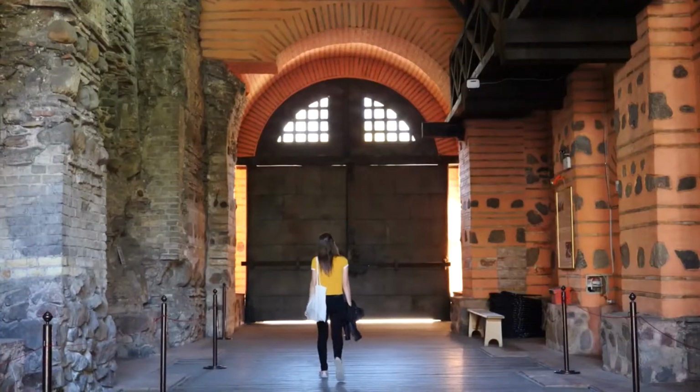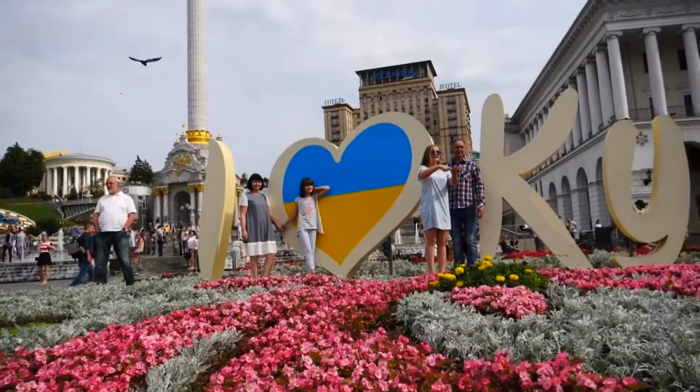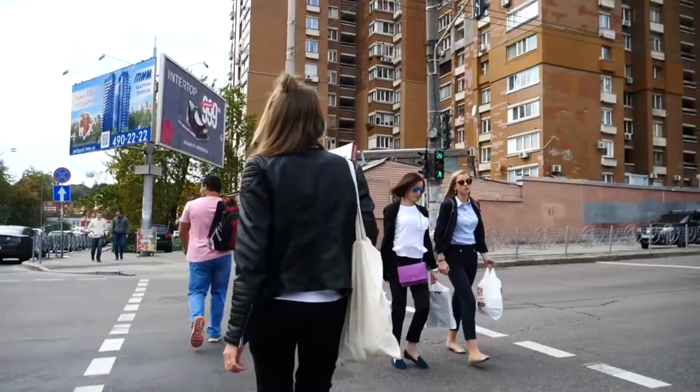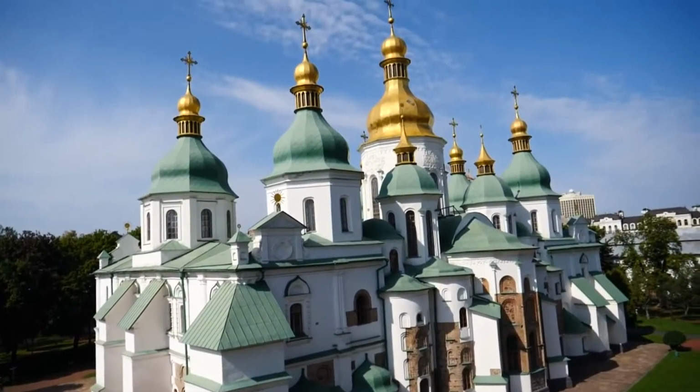This week we're showing you around Kiev, Ukraine. This was our first time traveling to the country, so we hardly knew what to expect. Though we did have an inkling we'd find churches with onion domes, borscht on every menu, and very cheap prices, but that was it. Well, we found some of that, but we also discovered a fascinating city with ornate architecture,